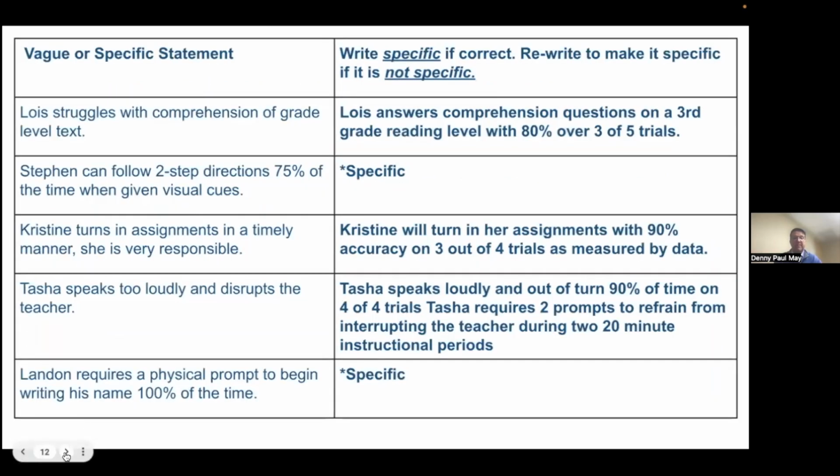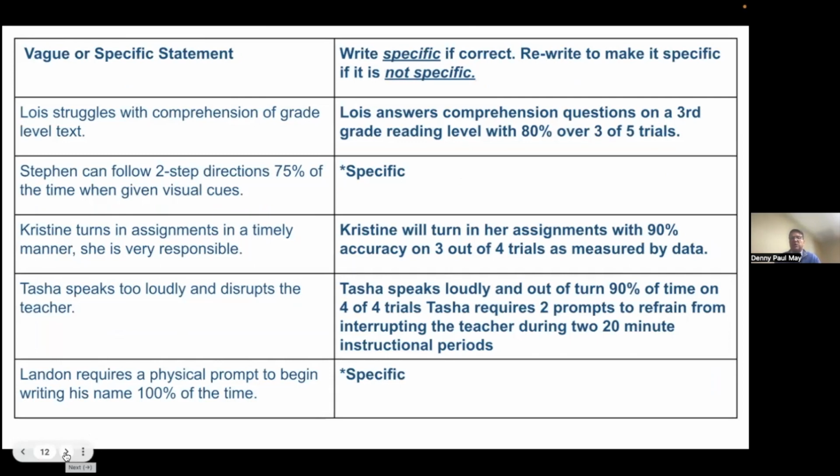This is just some examples on the left of your screen. Lois struggles with comprehension of grade level text. Well, that's a little bit of a vague statement. So over here on the right, you can see how we would correct that. We're just going to go ahead and jump to the chase here. If we had a lot of time, we might let you do this, but